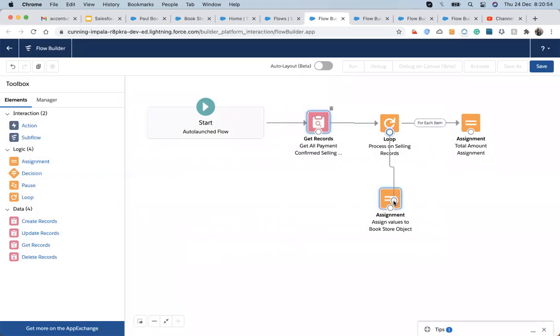So I will just connect it here. After the last item is finished, it will process for each item, do the add up, and when the last item is finished, it will do the assignment: it will capture the ID that starts the flow, and it will also capture the total amount from here and assign it. Now I'm going to update a record.